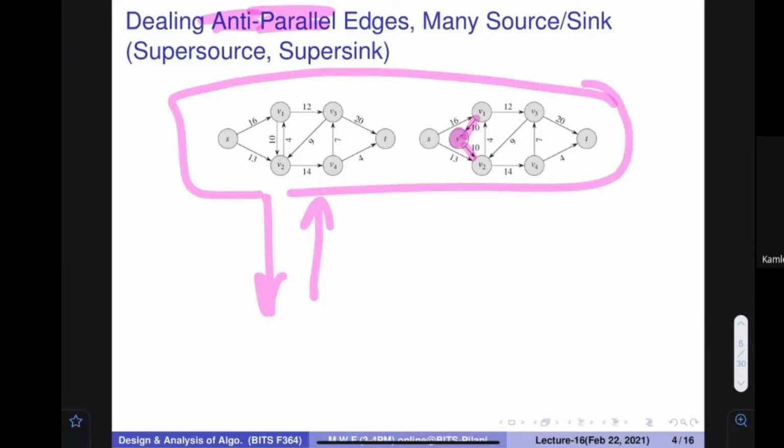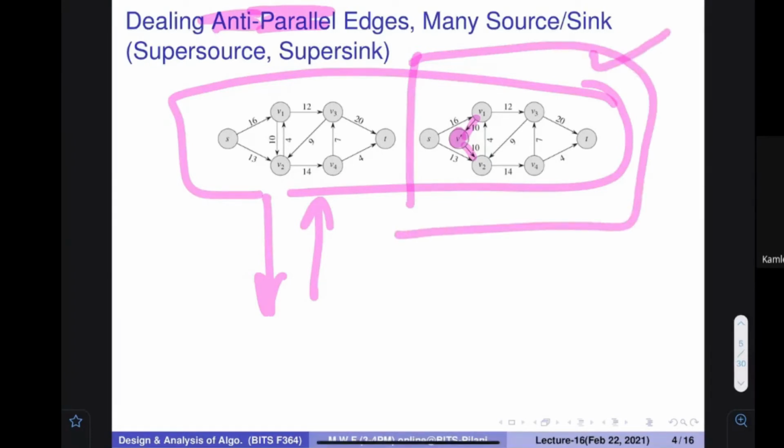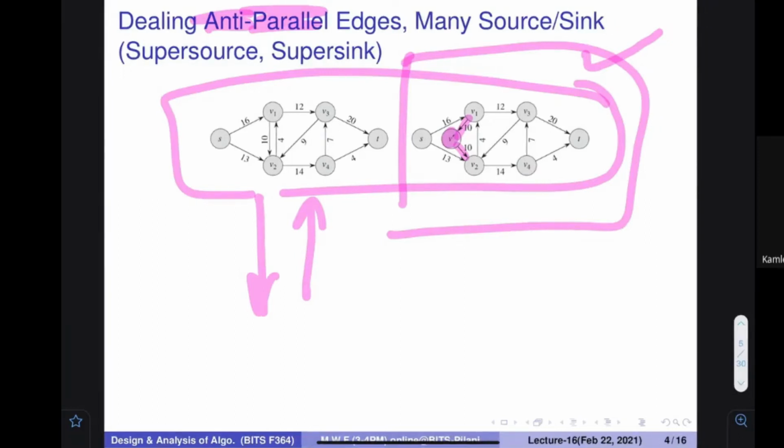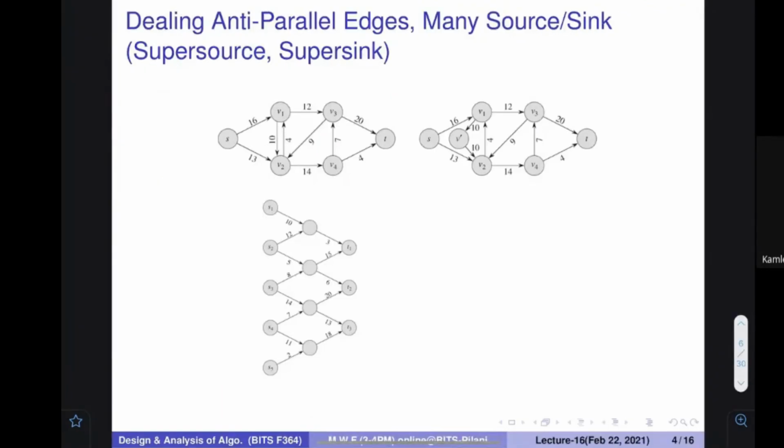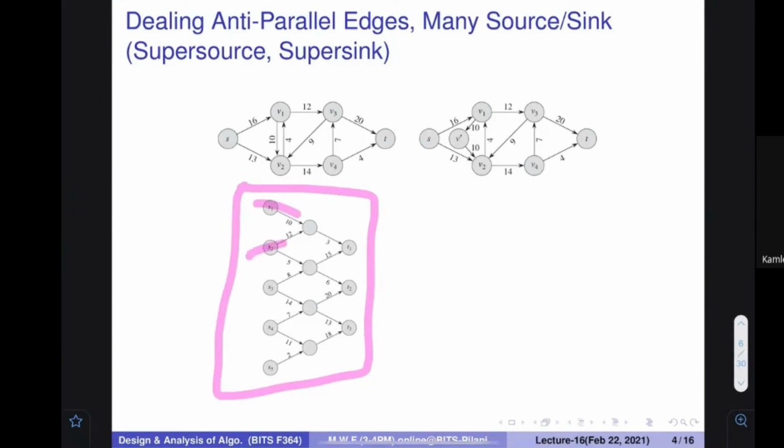So if we can solve it, can we assume that we are always in this particular scenario? The answer is yes. Without loss of generality, without any problem, we can always assume that we are in this particular scenario, because this is the solution that we have developed. One more problem: there could be multiple sources, with things coming into the network from many places, and multiple sinks where the things are going to enter. It may also be the problem.